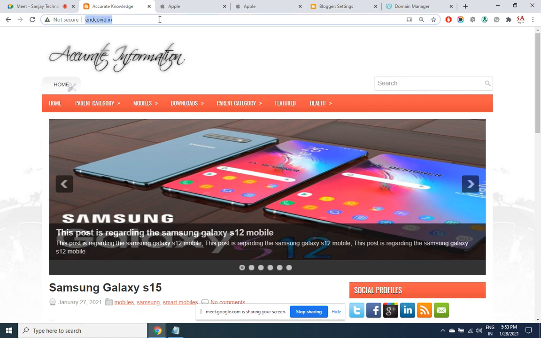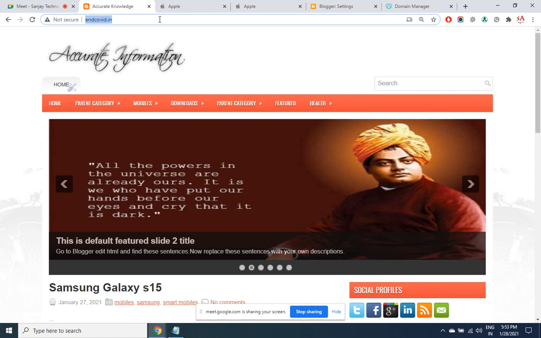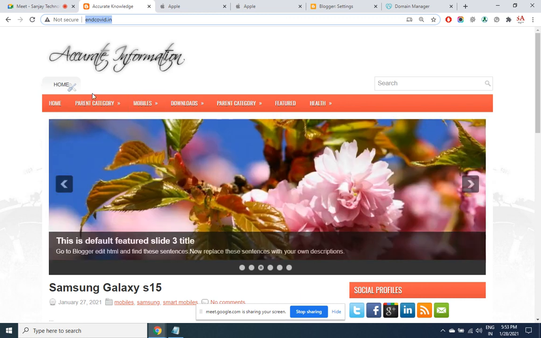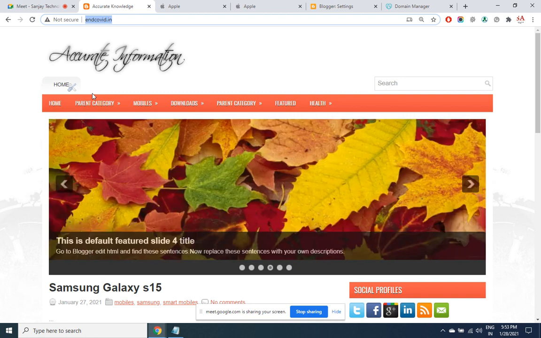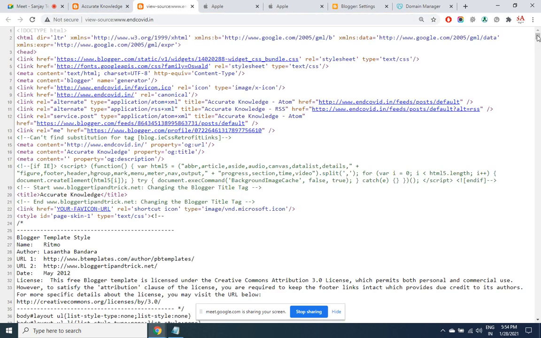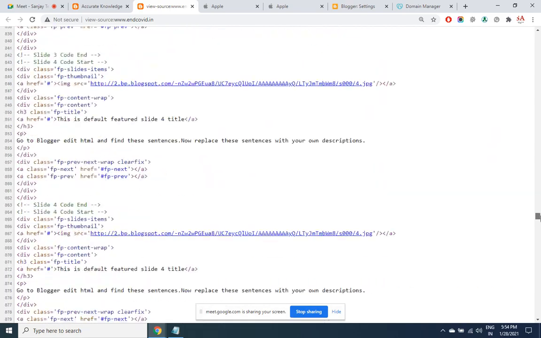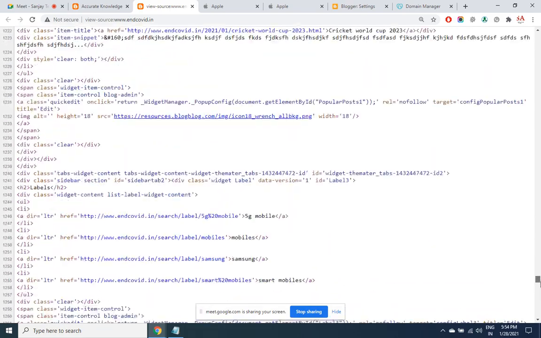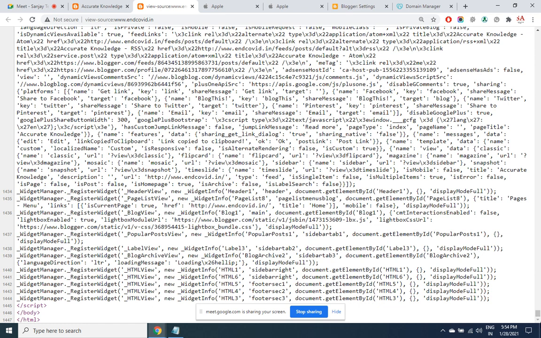The site gets created in a matter of hours. In 1 hour, your private domain is ready. There are better themes than this, but I'm telling you what kind of margin you can enjoy. Hardly any coding work is needed here. And sites like these, starting from scratch, will definitely take 1 month. See, these are all the lines of code for each page. First the person should have creativity, and then he has to input all this code without any syntax error for every page. So when someone has already done the hard work for the theme, why don't you make use of it? 99% of people do this.